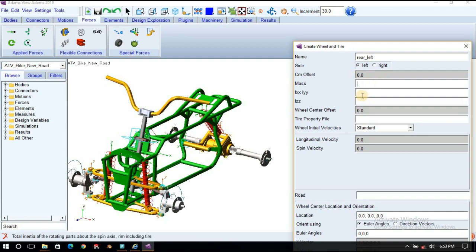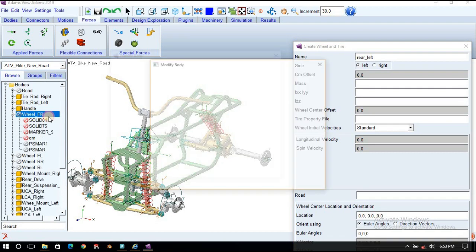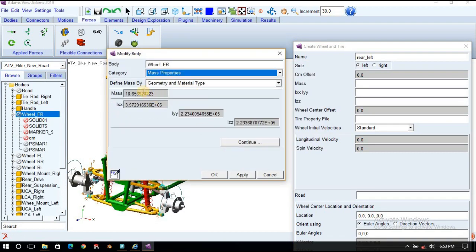You have to define mass and moment of inertia Ixx and Iyy of the tire, and Izz. Normally a tire is an axis-symmetric body, so Ixx and Iyy will be the same. In bodies I will go here and check what the mass is, show calculated data.